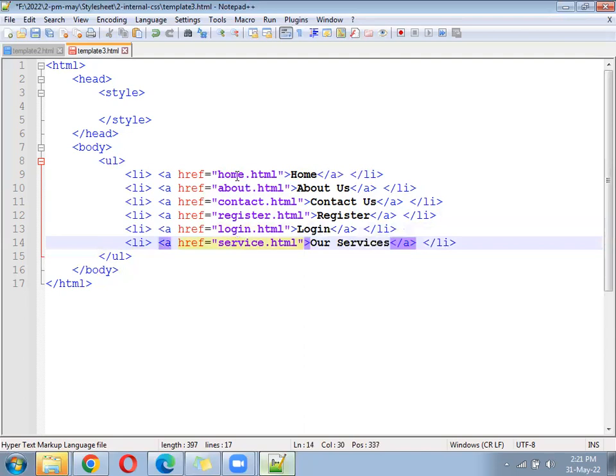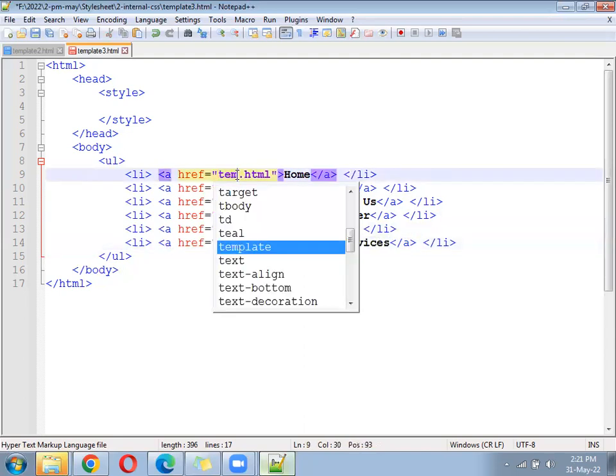This home.html you should convert into template 3.